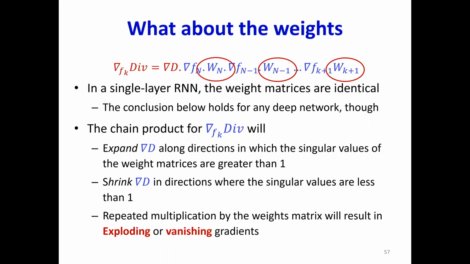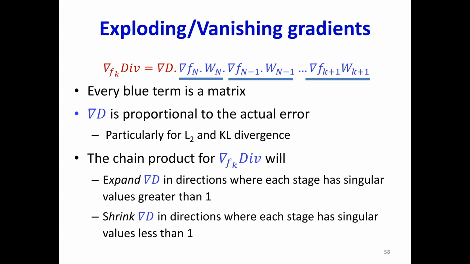Okay. So, making sense? Specifically, corresponding to every left singular vector is a right singular vector, right? So what will happen is this delta D is going to expand along directions where the singular value is greater than 1, and it's going to contract along directions where the singular value is less than 1. And the majority of the singular values are going to be less than 1. If I generate a random weight matrix, the singular values are generally going to be less than 1. Okay? And so here's the behavior.